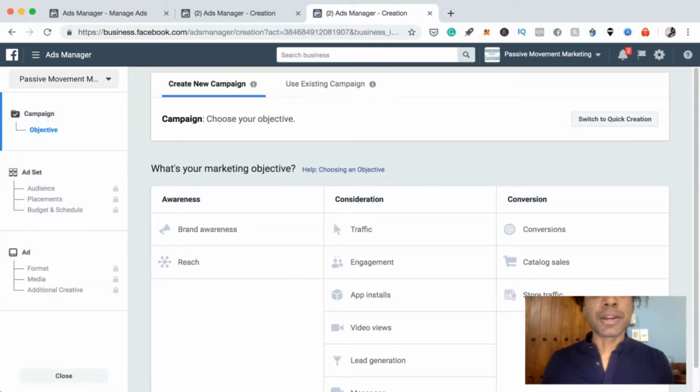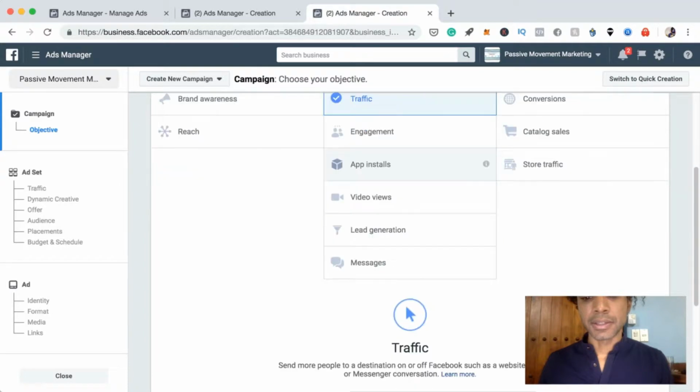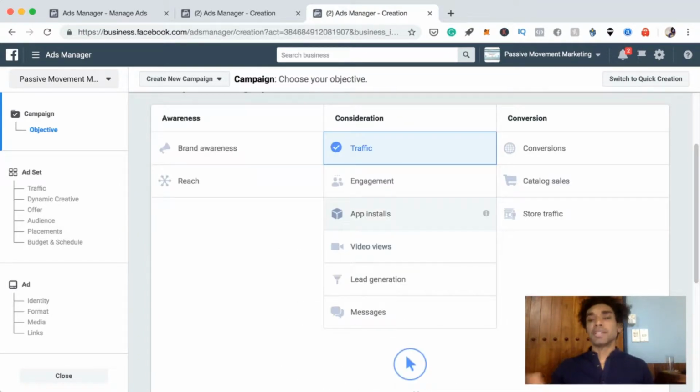So we want to pick our marketing objective. You'll see all these options here, which can seem very confusing, but let's just focus on starting your first ad for yourself, and you want to bring traffic to your website. So let's just click traffic. The reason this is important is because depending on which one of these options you choose, brand awareness, reach, engagement, you probably won't be doing app installation, but video views, lead generation, messages, conversions, it'll take you down different